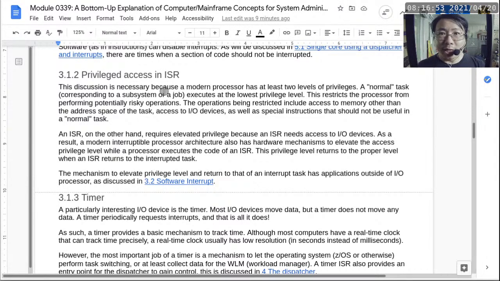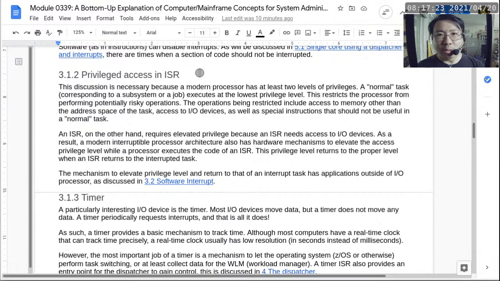That's great, right? Because it helps to isolate all the address spaces from each other. When something bad happens, it's going to be very contained. The overall system is not going to be affected. Just the one job that is misbehaving is going to crash, and then the JCL card can specify what to do when that happens. But from the perspective of an ISR, an interrupt service routine, having this restriction of access is going to be a problem,